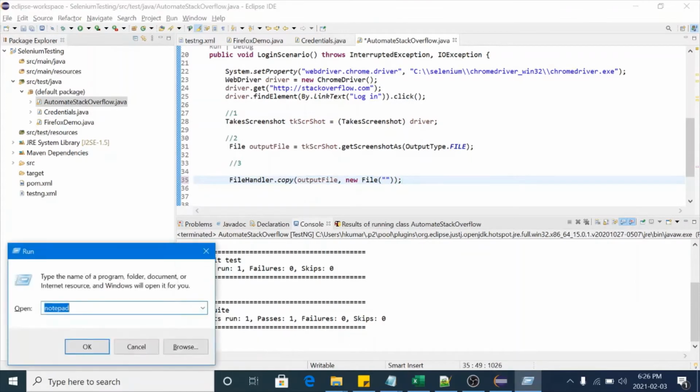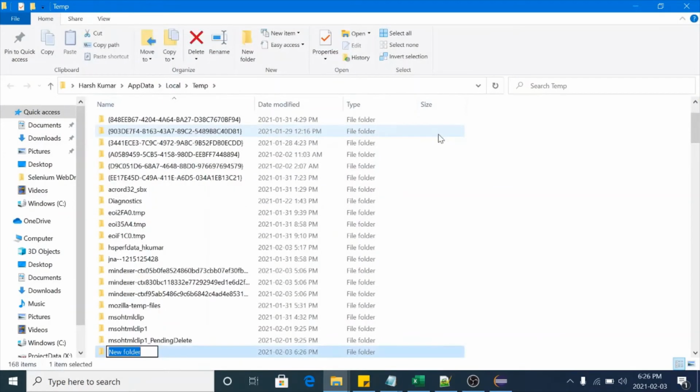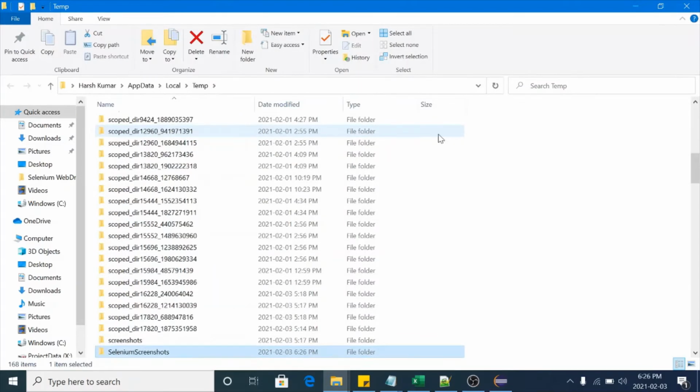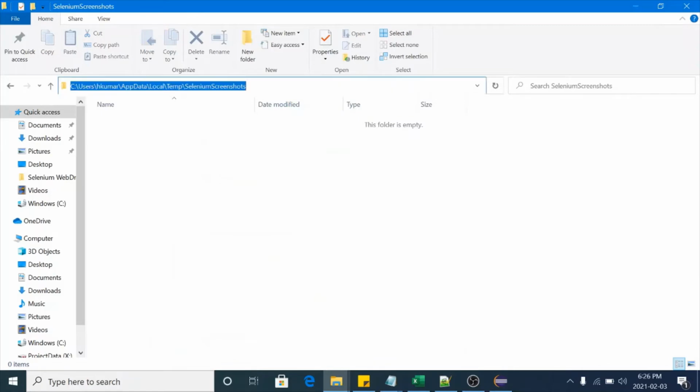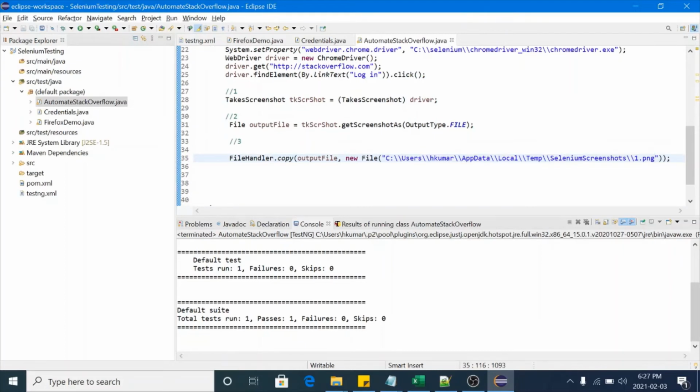Let me open my temp directory and create one new folder named Selenium screenshots. Now I will copy the path of this location and paste it here, and put the name of the file which we want to save. Let me put one.png.